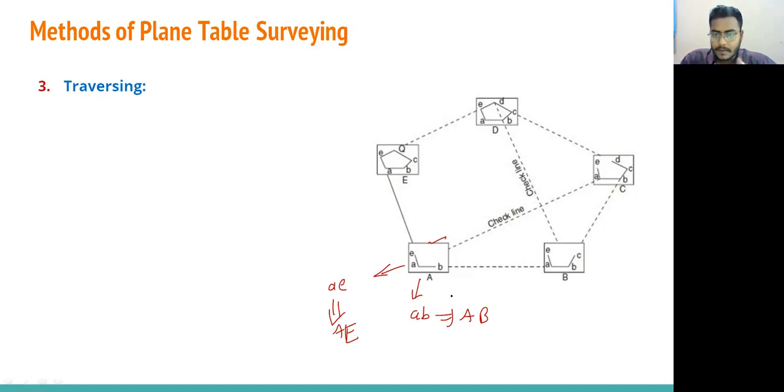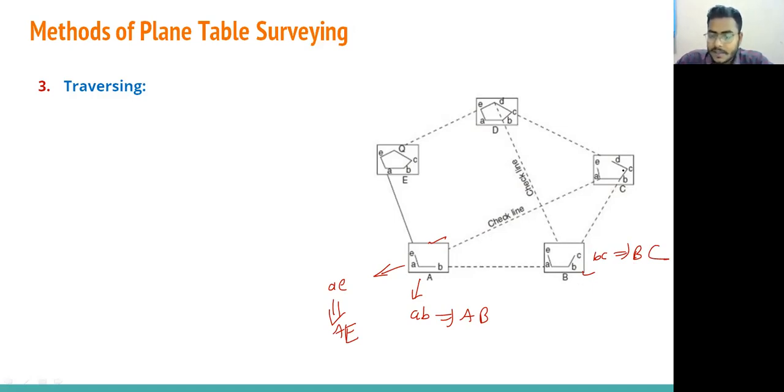Now, once it is done, then we keep the table at the station B. Okay, so you will see this was previously drawn ae. Then we can do the fixing, the setting, the leveling, centering, and then orientation. Okay, so after doing the orientation, then sight towards C, and then locate small c on this drawing sheet, which will represent the station C on the field. So here we can say bc will represent the distance of this BC and direction also.